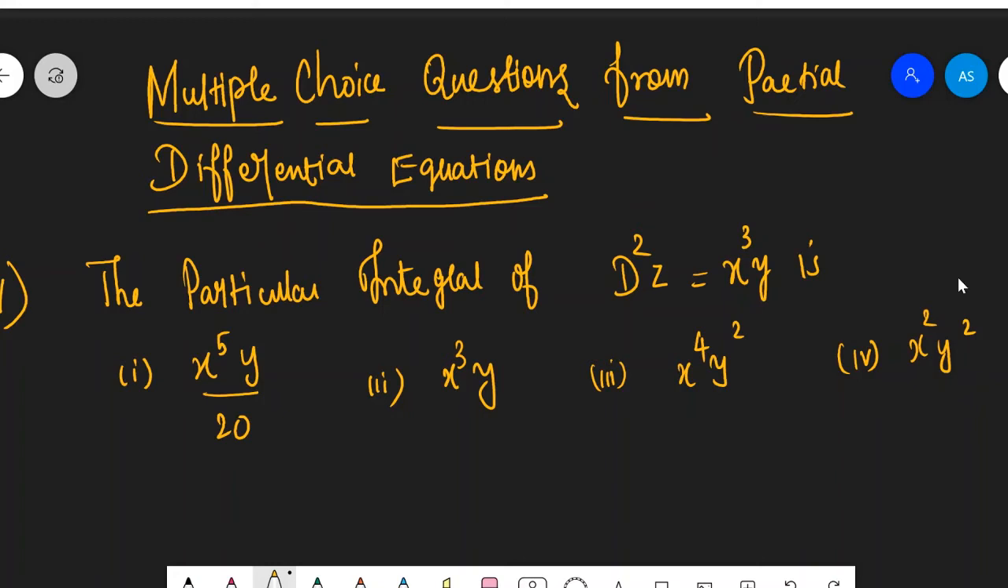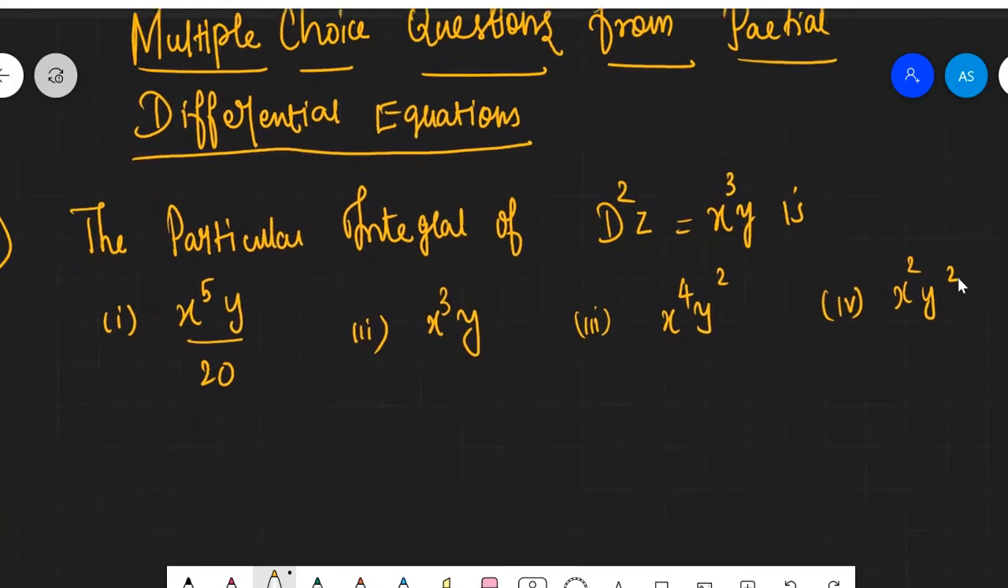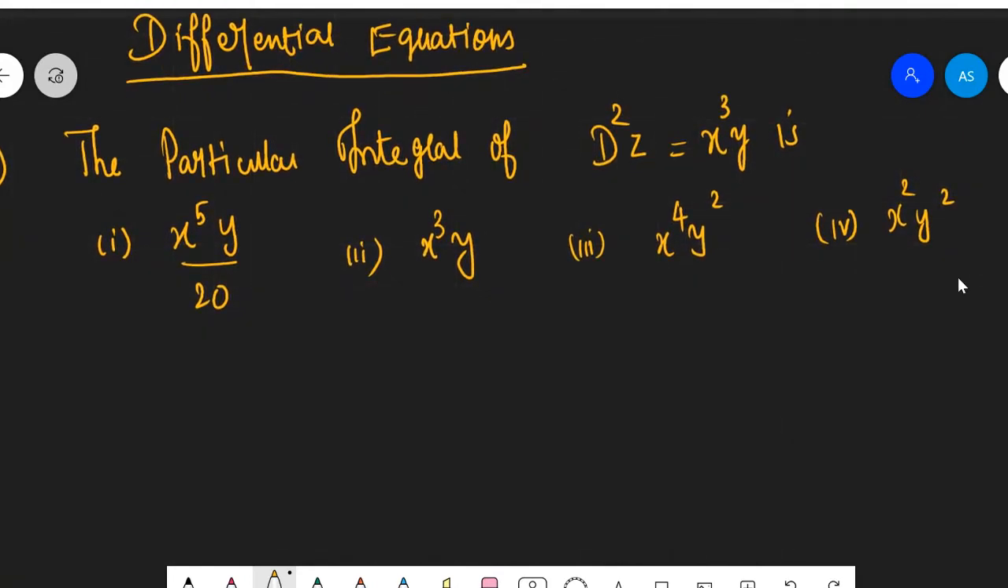Multiple choice question from partial differential equations. First question, the particular integral of d square z equal x cube y is. Here we are having four options. We have to find which is the best answer. So solution,